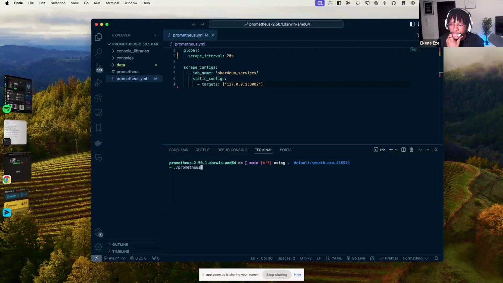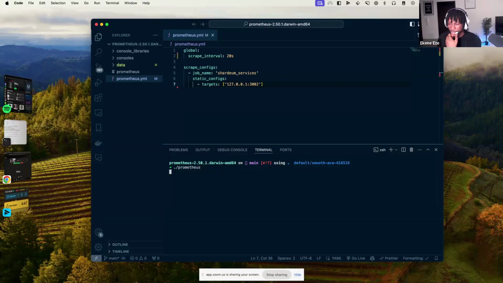To run the Prometheus executable file, if you look at the left side of my VS Code, you should see console libraries, consoles, data, prometheus, and then the last file is prometheus.yaml. So prometheus is the executable file, the one without any extension at the end of it. That's the one we want to run on the terminal, and to access it, you just do ./ to access the data there.